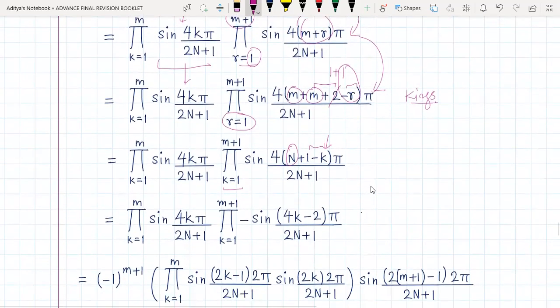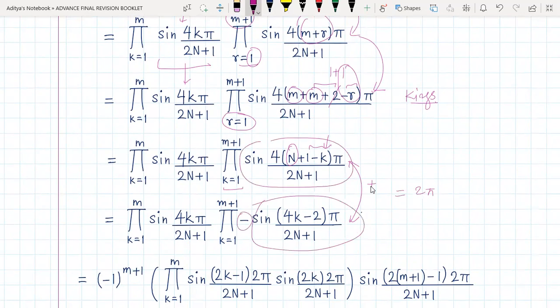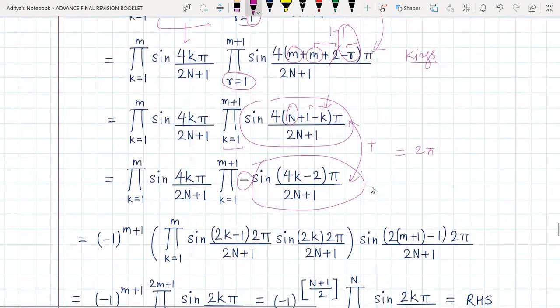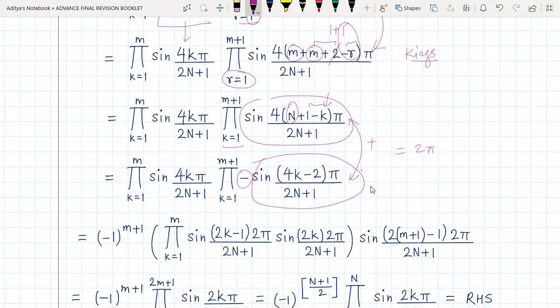Now what we are doing is, once again, we observe that the sum of these two angles is 2 pi. You can easily see that for yourself. So the sign of this quantity would be negative of the sign of this quantity. And now we are basically writing this, look, minus 1 power m of m plus 1 obviously comes out, because just like we did earlier, minus 1 into the product of sine. So this comes outside.